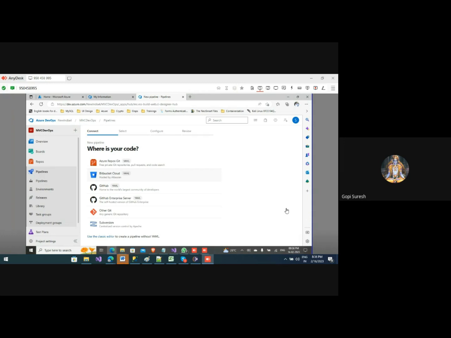My code is in the general GitHub, so it'll ask the username and password and everything. It'll take it from there. Or if you want to create a project and store it in Azure itself, then the Azure Git repository is readily available. This is one of the most frequently used resources in the market now. So you can just click on that and create your own repo. Done. So the application repo will be just created.